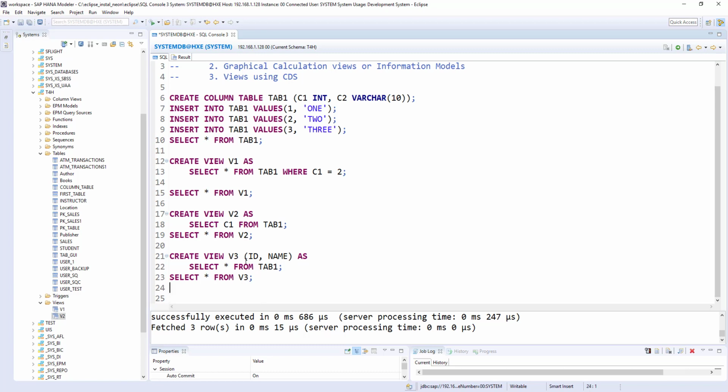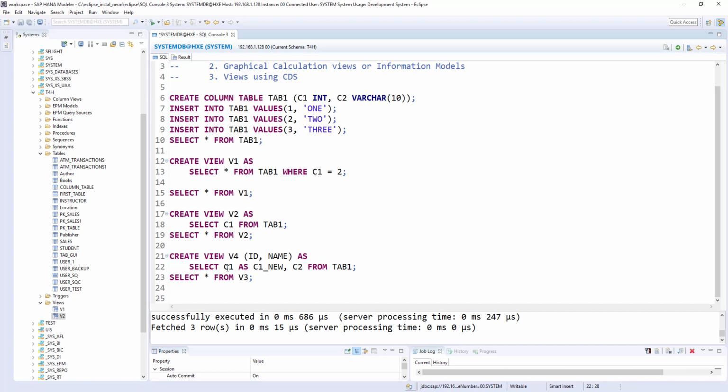For example, if I'm going to create another view, v4, and I'm giving id, name, and select star from. So instead of select star from, I'm going to choose c1 as c1 underscore new comma c2.